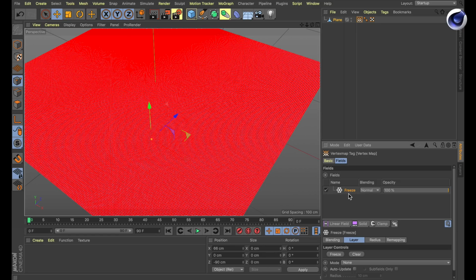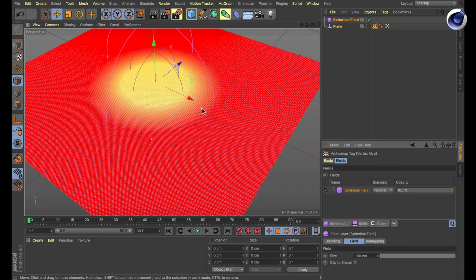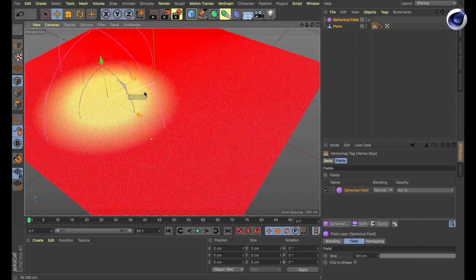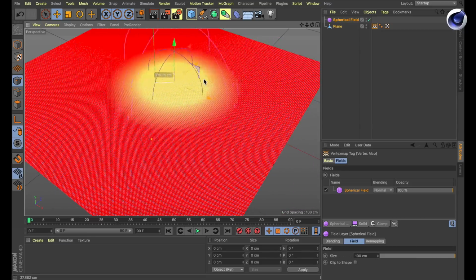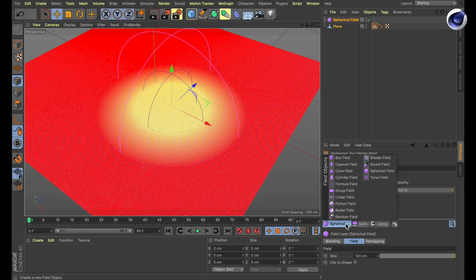So maybe let's get rid of the freeze layer. The freeze layer would store the current selection, but we don't have one. So let's get rid of that. And maybe let's create a spherical field. And here you see that field is not just fall-offs, but it's also easy to use vertex map tools. And you've got a lot of fields. I mean, I didn't show them to you before, but